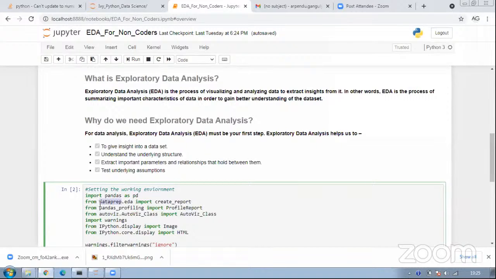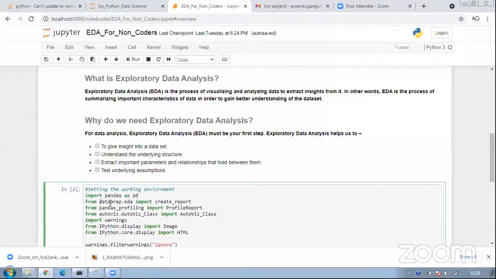So imagine, let's say you buy a car, and there are certain features which are there by default, right? But there are certain features which you get as an add-on, which you want to customize, as you want it. So similarly, there are certain libraries in Python which are there by default, like Pandas, NumPy, scikit-learn, and so on and so forth. But there are certain other libraries which are custom, which you use for certain specific purposes.